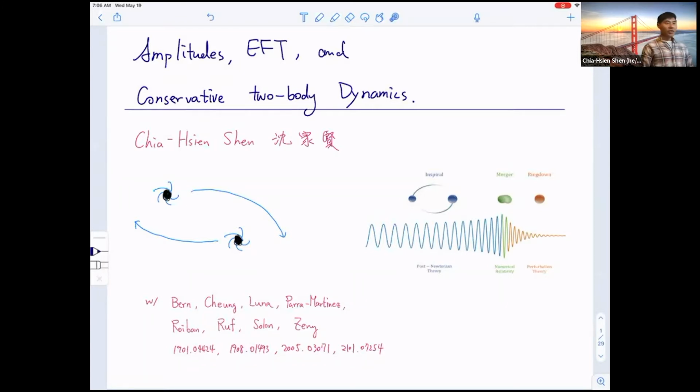So there have already been a lot of excellent talks on this subject, including those by my collaborators. So in this talk, I'll briefly highlight some key physics points that we use in the recent calculation, and I'll leave enough time for discussion. So please feel free to interrupt me anytime if you have questions.